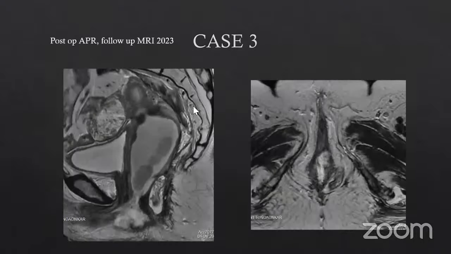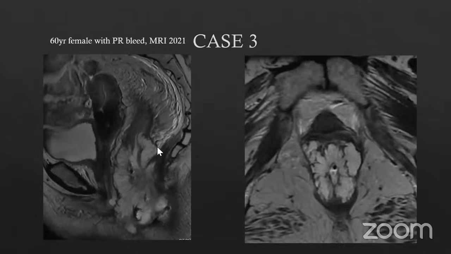So the same patient came after surgery, in 2023, that is a gap of 2 years post-op, and she had something like this, where you could see that there is obstruction in the vaginal tract, and therefore there is upstream distension in the vaginal cavity. So this is CA rectum with mucinous component, and this is the recurrence of the same